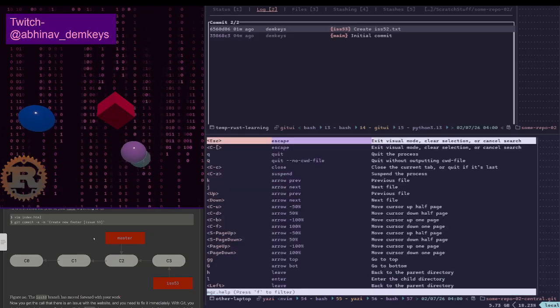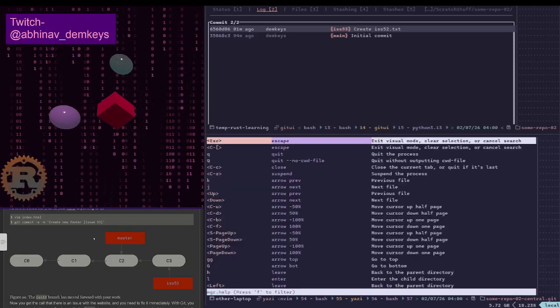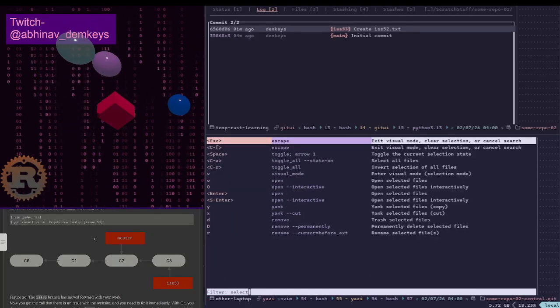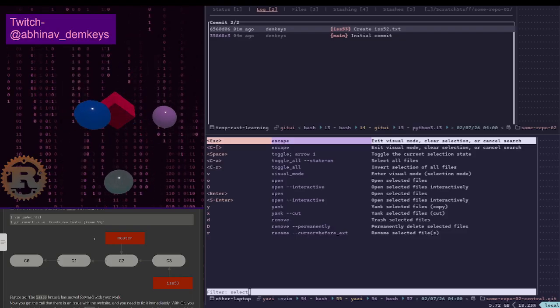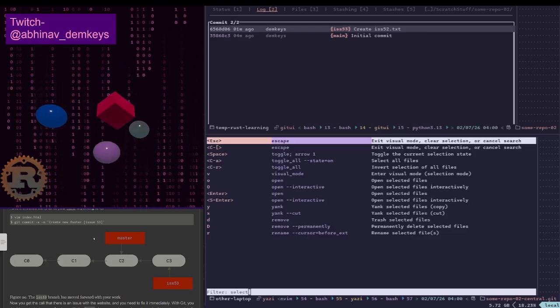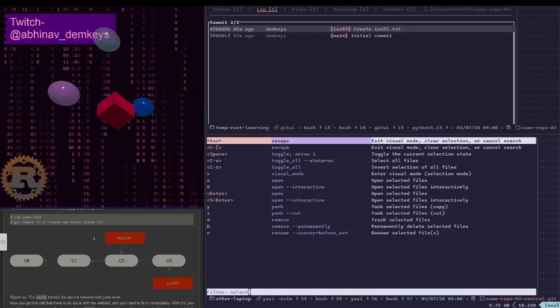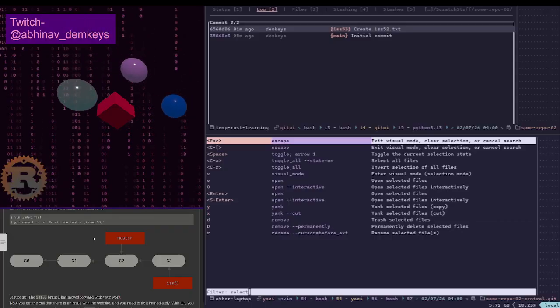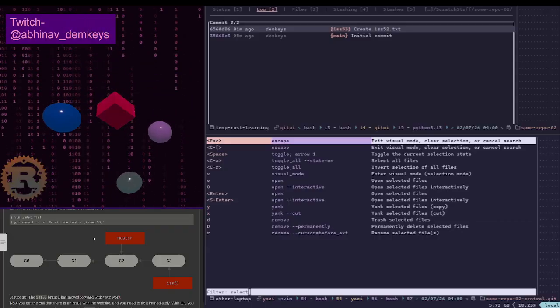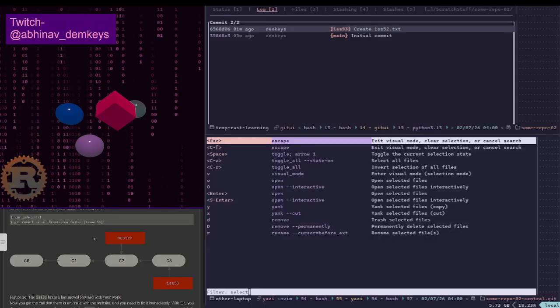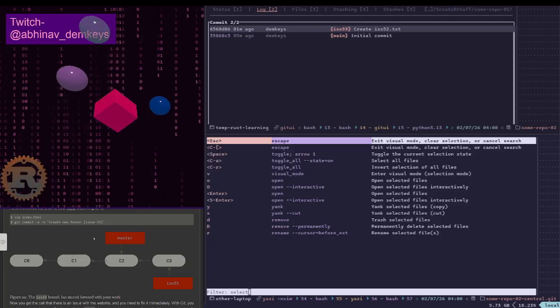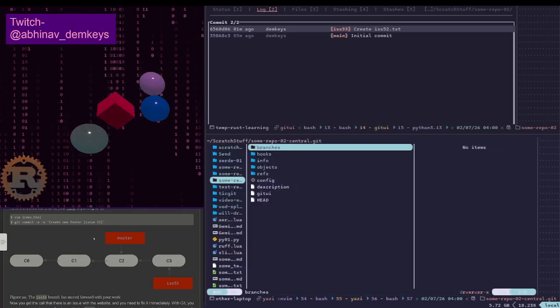Select, there was select all, right? It's control all. No, that's toggle, not select all. Oh, actually, wait. Select all is control A. Now I cannot do control A, right? Can I just do this? No, I can't do that either.